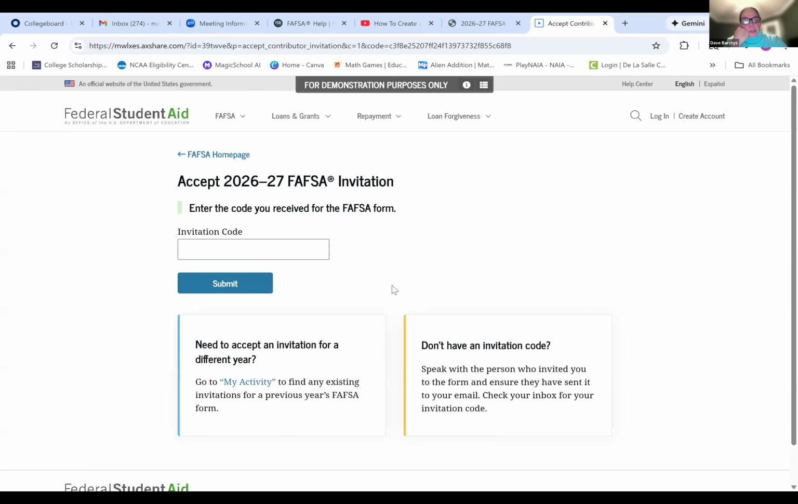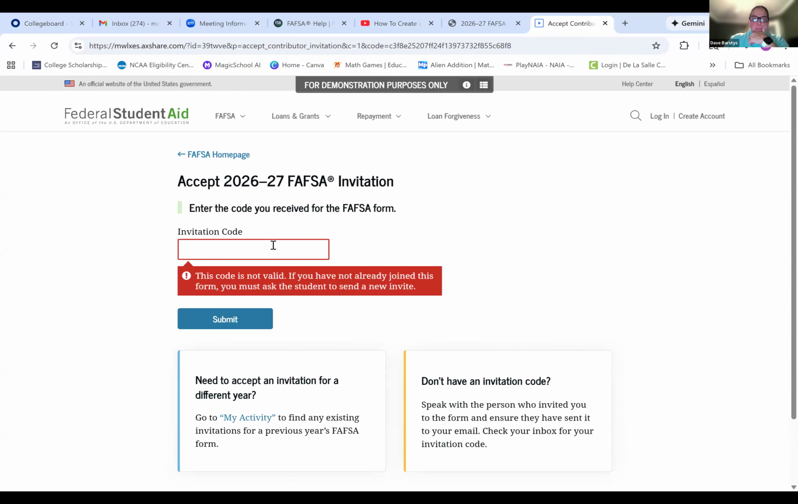Right. So when you accept the invitation, when you receive the email that your son sent you to be their contributor, there's going to be an invitation code on the email that you were sent. Okay, so then once you add that invitation,